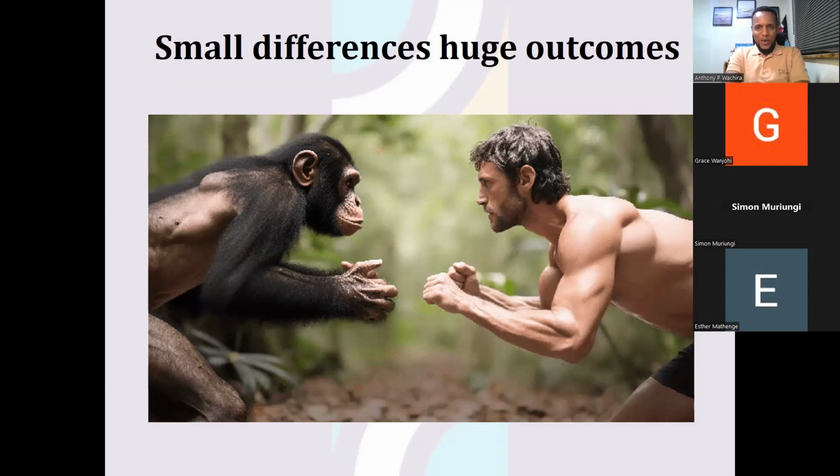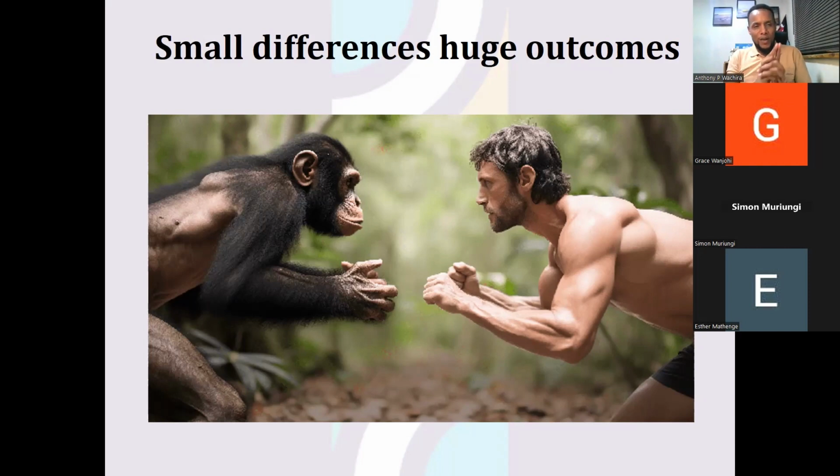What do you see in front of you? That's a man and a what? There's an animal there. Let me see, wildlife enthusiasts. What animal is that? An ape. All right, Lucy, thank you. Yes, it's an ape. Which type? Because there are many. This is a chimp, to be precise. And small differences over time, incremental changes, have such a difference.